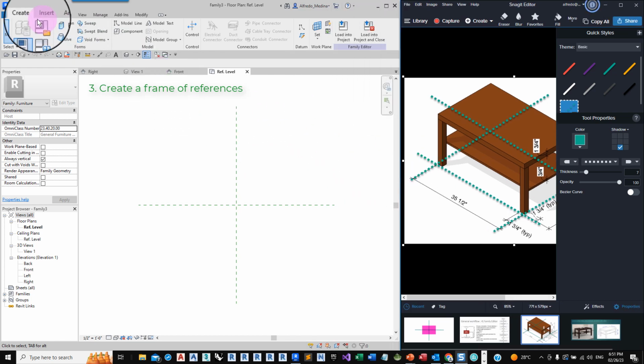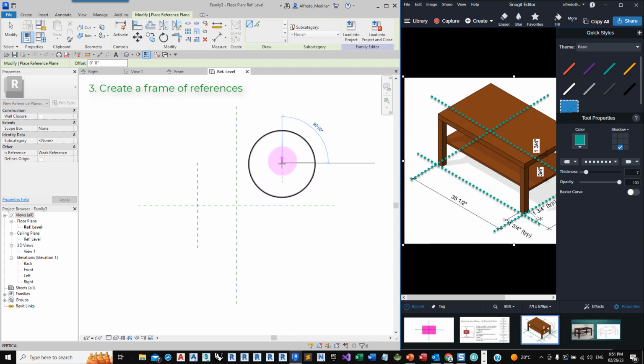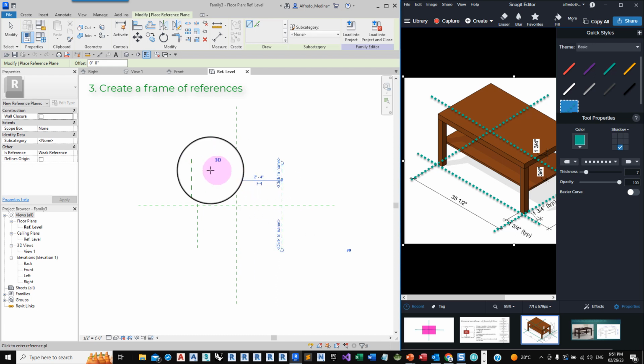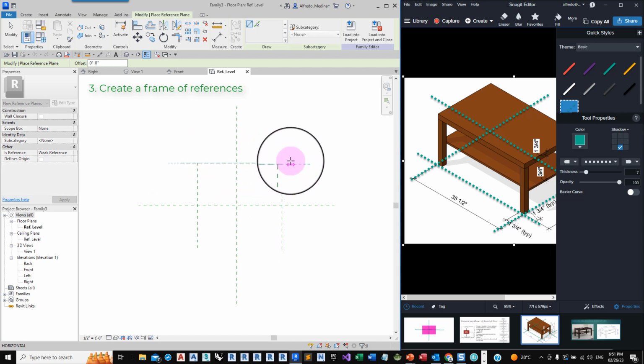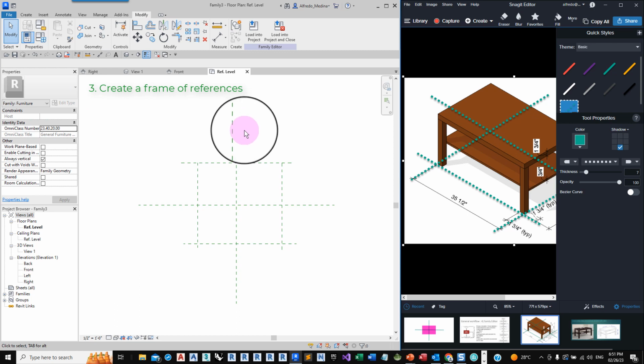In Revit, we do Create, Reference Plane, and we draw two reference planes in the vertical direction at any distance, and two reference planes in the horizontal direction, like this. Click on Modify to finish or cancel.